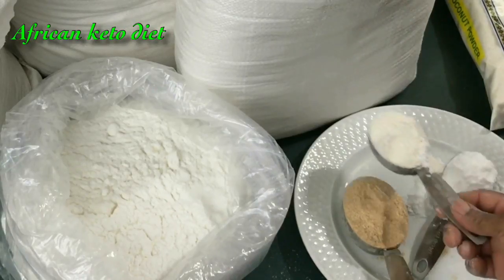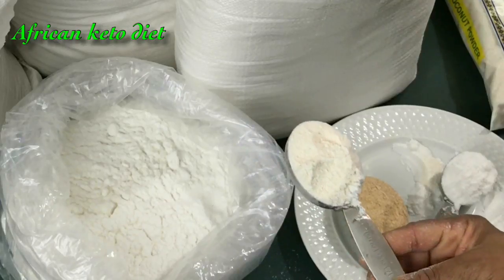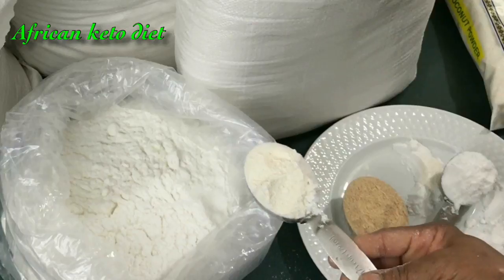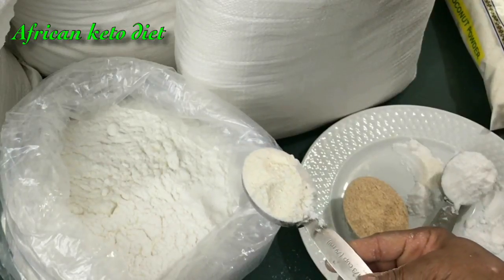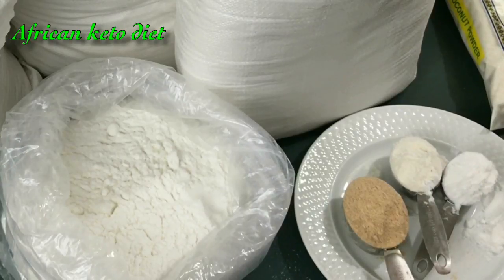So assuming I am using half a cup of coconut flour and it weighs, let's say, 50 grams. If I use the same half a cup of zero carb coconut flour, it's not going to weigh up to 50 grams. It might weigh like 30 grams or so. So there's always a difference in the weight. There's a difference in the finished products, in the taste, and in the color. It makes a difference even